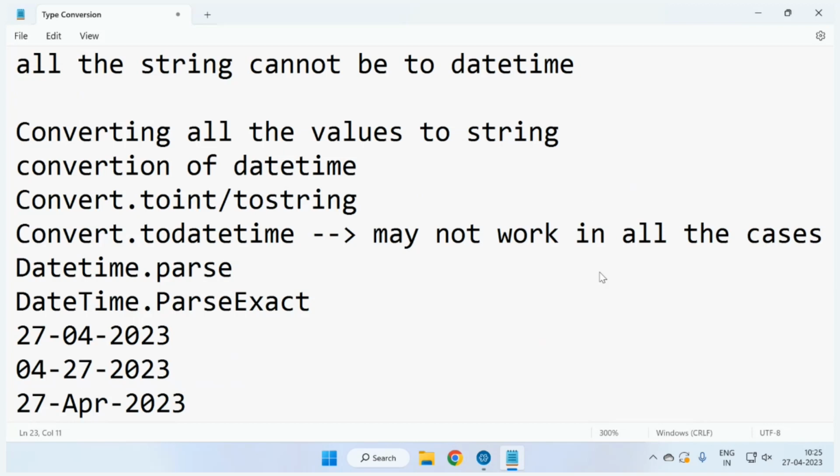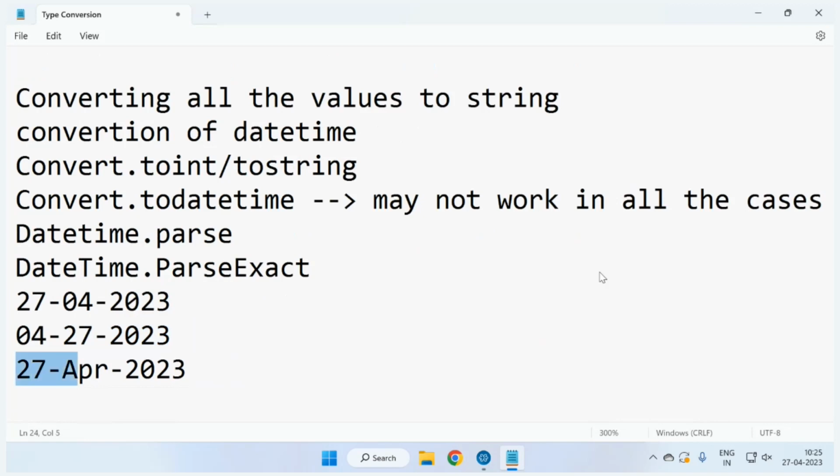So the things will change, like major complexity will come here, because in this we are clearly specifying the month name. But here in these two scenarios, for 27th, you'll get to know that, see, this is my 27th date and this is my fourth month. But let us suppose you have a date of less than 12,